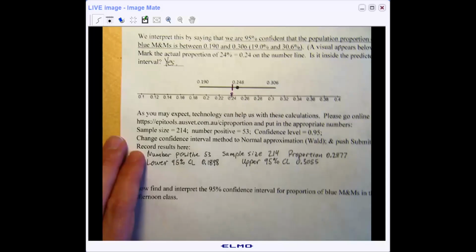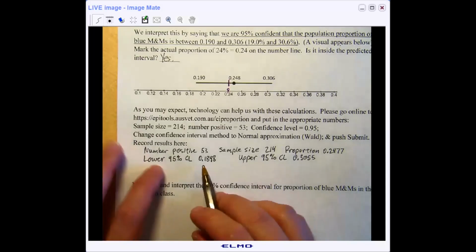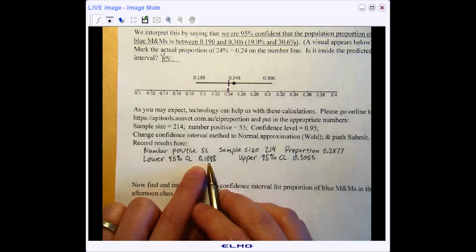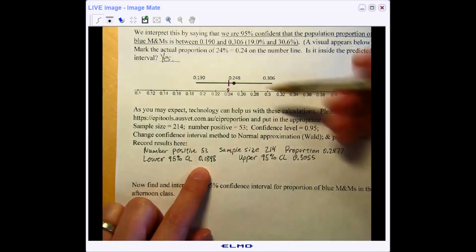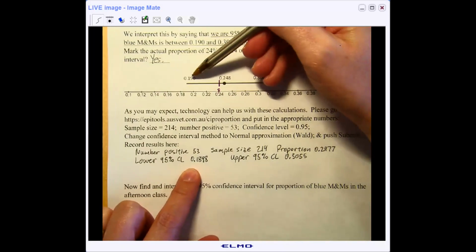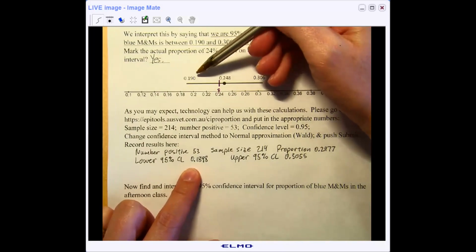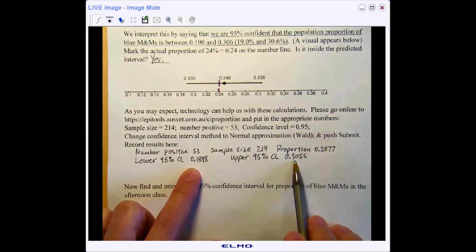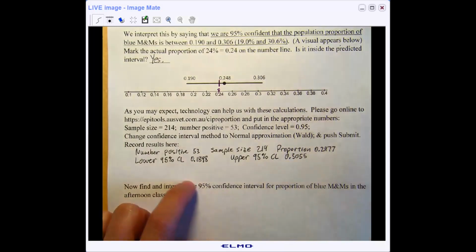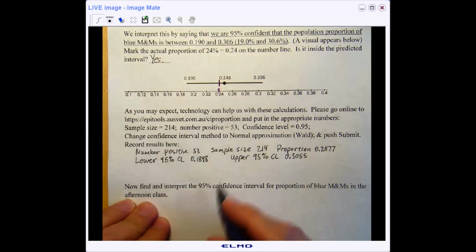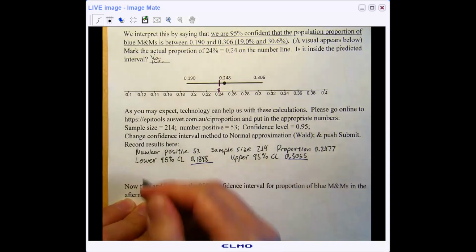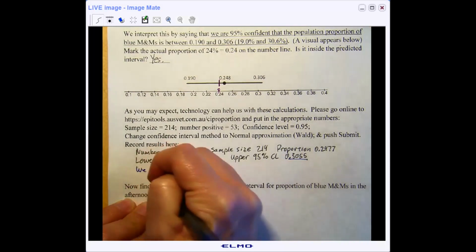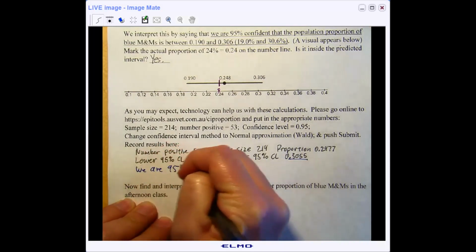Okay, so notice that the lower limit, or the lower bound, is 0.1898, which when we round to 3 decimal places is the same as what we found earlier, 0.190, and 0.3055 is the same as what we found earlier at 0.306. So we would now be able to interpret this as saying we are 95% confident